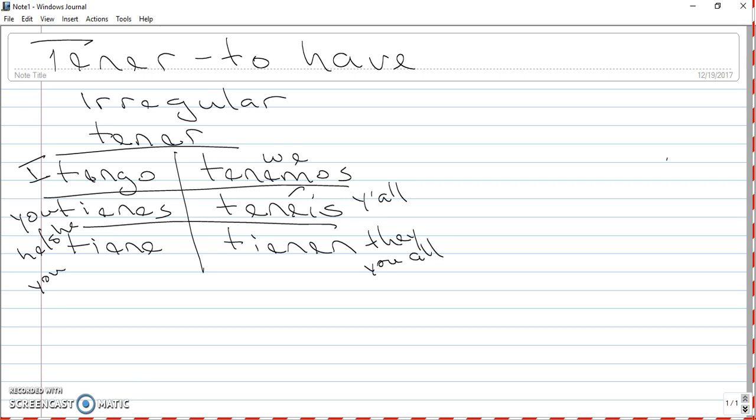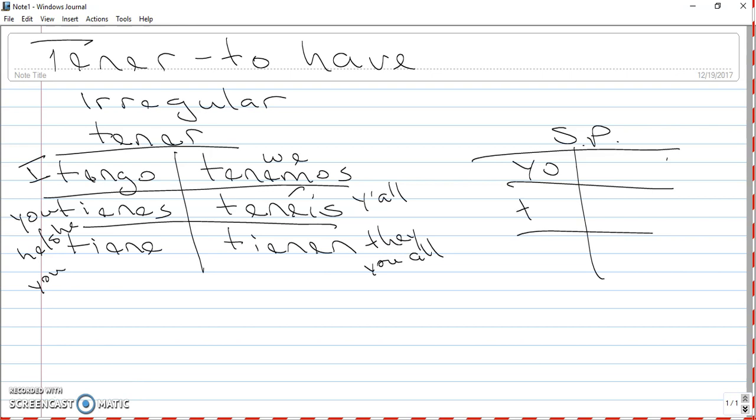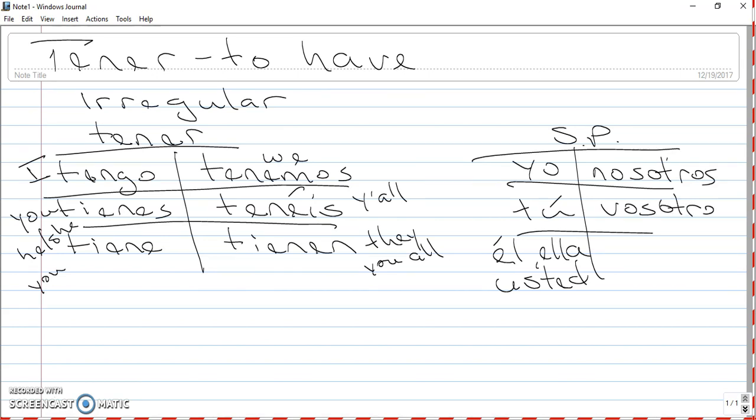If you'll notice, these match up with the subject pronoun chart that we worked on a while back. Yo, tú, él, ella, usted, nosotros, vosotros, ellos, ellas, and ustedes. So, one thing I do want to go back to the conjugation, and I want to point out that